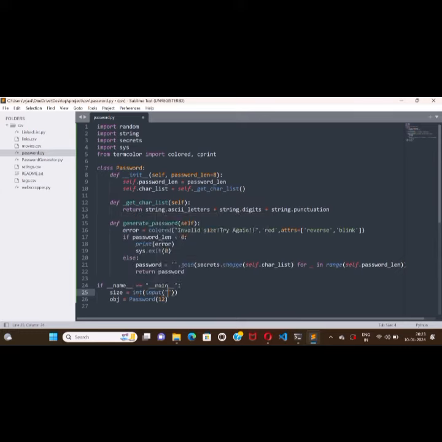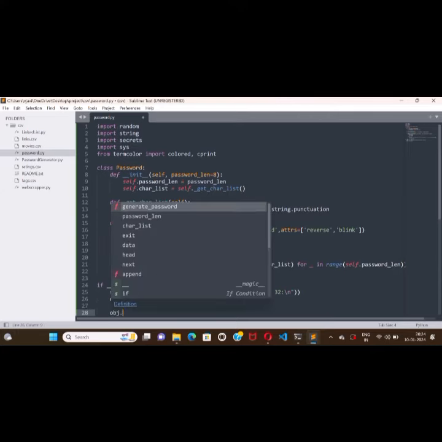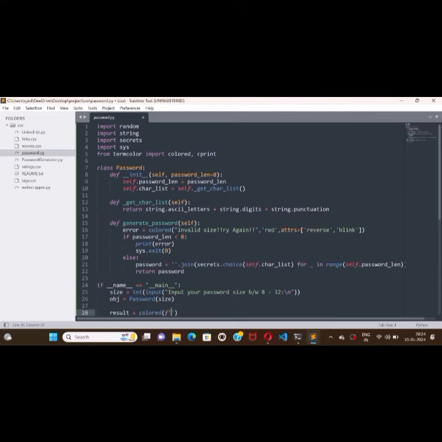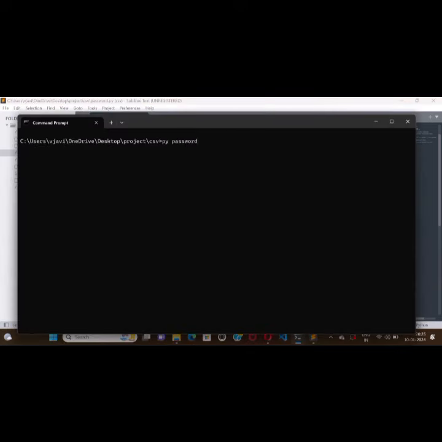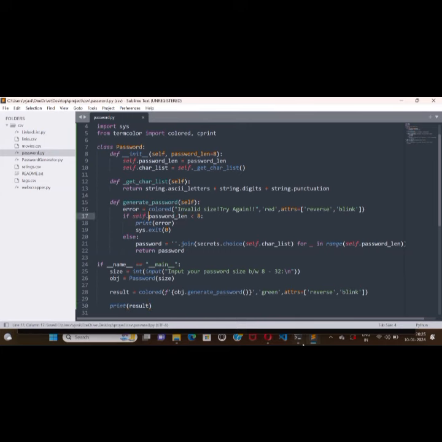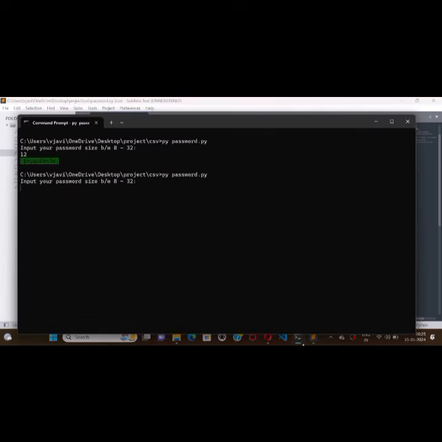First of all, I'm defining an error using the colored. So by using colored and cprint method from the term color, we can customize and generate colored text. So if our password length is less than 8, we are just generating the error message, and